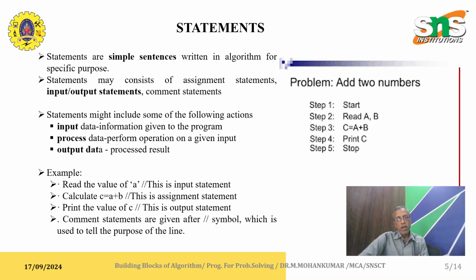Example: read a value of A. This is an input statement. Calculate C equal to A plus B. This is an assignment, so here we have an assignment operator, equal to. Print the value of C. This is the output statement. Comment statements are given after the slash slash symbol, which is used to tell the purpose of the line. Here we can see start, read A and B, C equal to A plus B, and print C